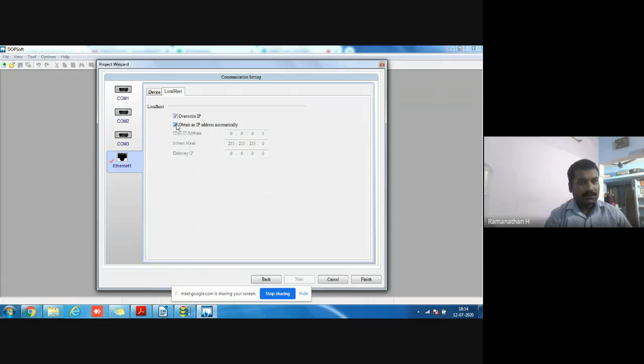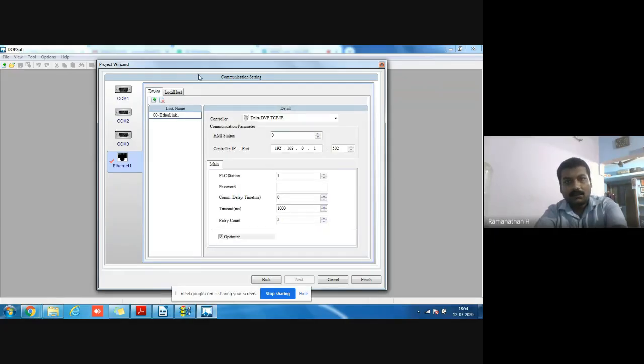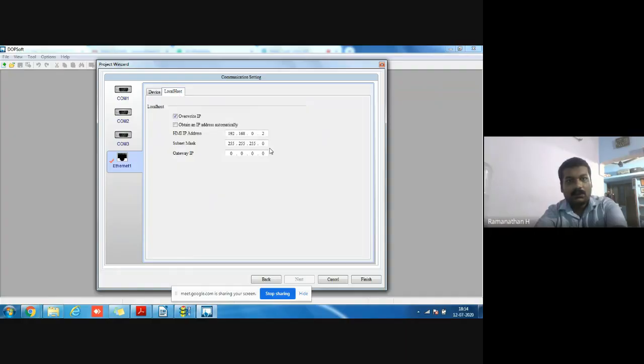Dynamic IP we won't use. We use static IP. So here you set the IP address, the PLC is 1, HMI is 2.